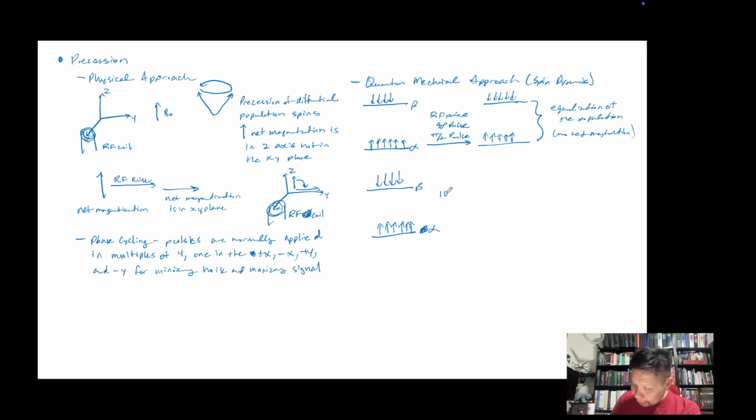So if we used a 180 degree pulse, or for you guys who are into radians, a pi pulse, we end up with everything just switching places. Now we'll have 6 protons in the beta state and only 4 protons in the alpha state. So we definitely do have net magnetization here. Sorry, there we go. Net magnetization, but it's along the negative z-axis,